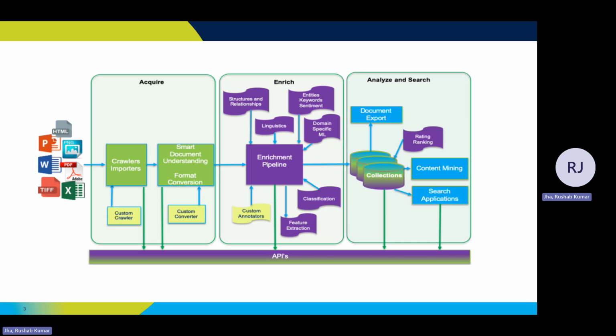Okay. So at first, in the acquire phase, what happens is that the data is ingested from one or more data sources, and then it is stripped of any sort of unnecessary content. What I mean by unnecessary content is any sort of graphics or formatting which is applied on the text. It removes and discards that, and then it is passed to the enrich stage.